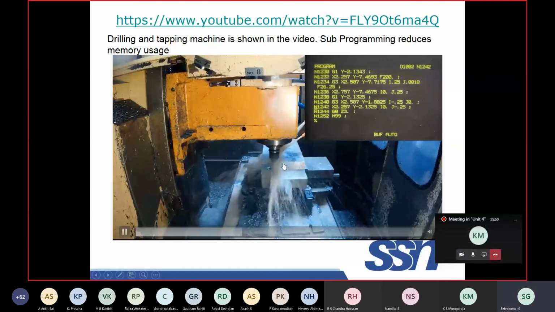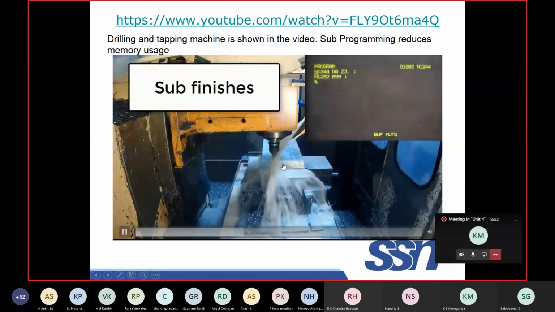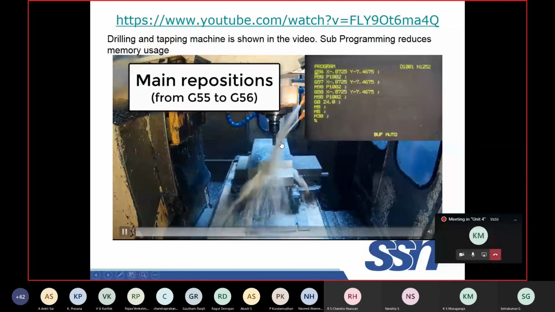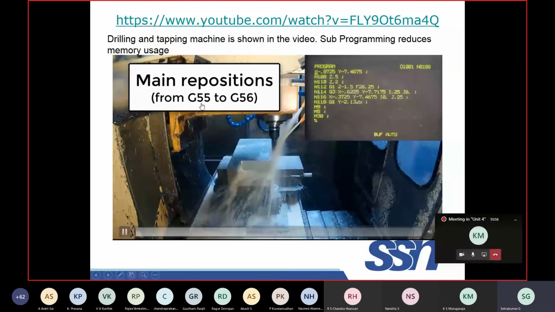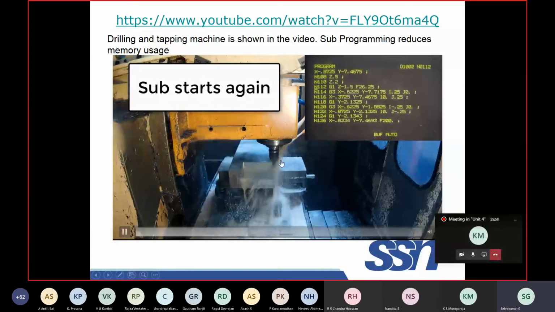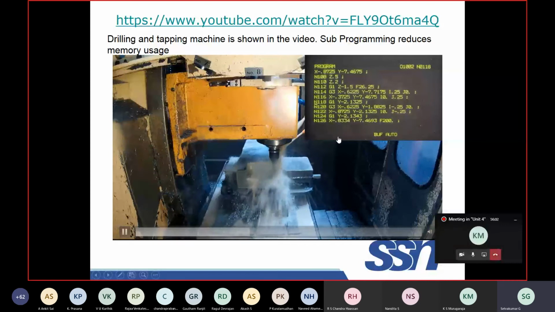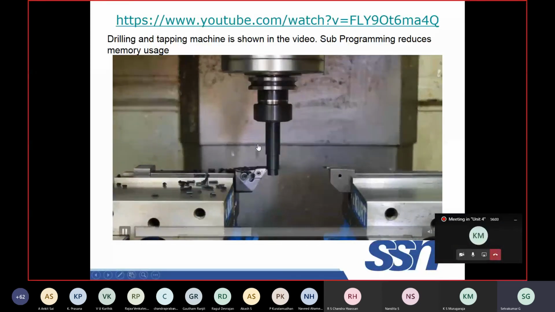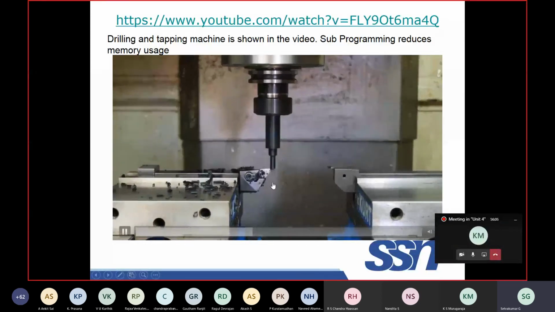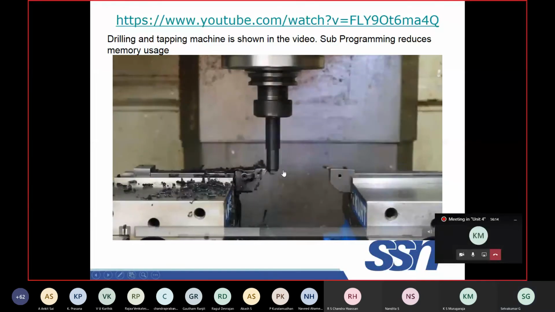Once it has ended, it is moving up. G55 is the next starting point, so that it continues. Again, I can call the same program. The stock removal continues. This is an interesting example. What are the operations involved? For every workpiece, I can make 2 jobs simultaneously.